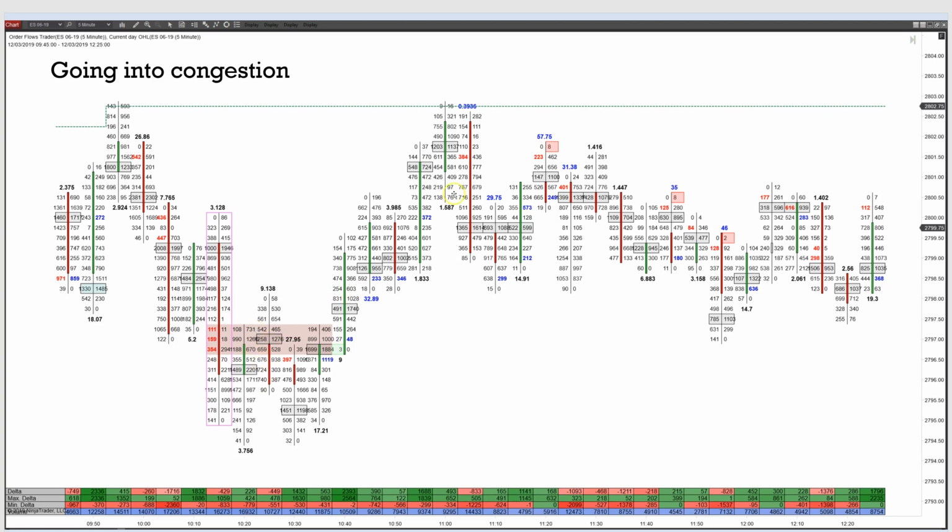But nevertheless, we go higher, drift back up to the high on light volume, right? Do you think we're going to hit that high if we're going up? Earlier we hit this high on volume above 10,000. Now we're going back up on volume less than that, around 9,000, 7,000, 9,000, 9,000. And the sellers come in. We've got the volume coming in and saying, no, you know what? We're not going any higher.